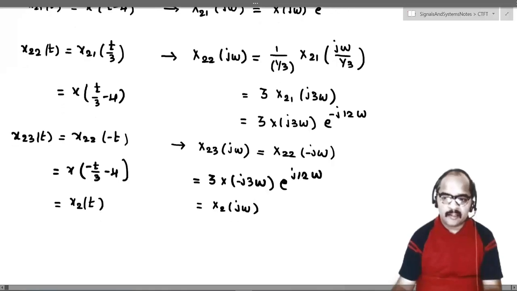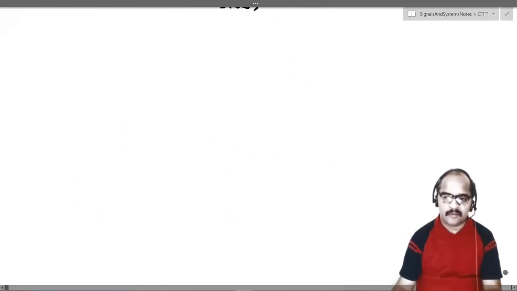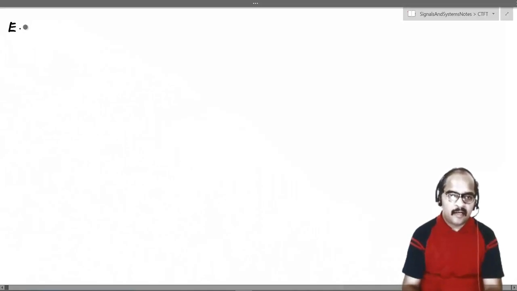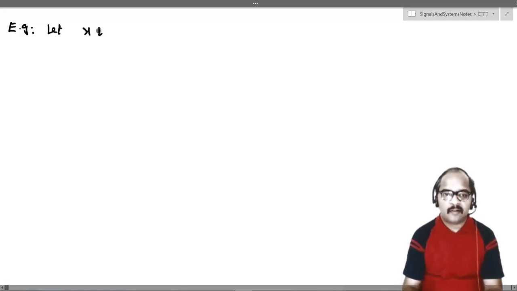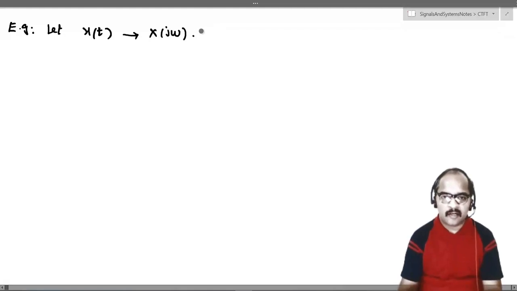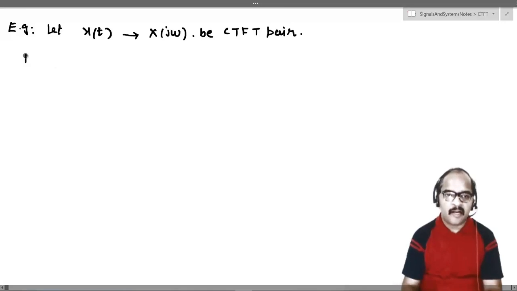Now let us take the reverse process. Okay, one more example. Example: let x of t have x of j omega as the Fourier transform, and I say let x of t and x of j omega be a CTFT pair. Find the inverse CTFT of